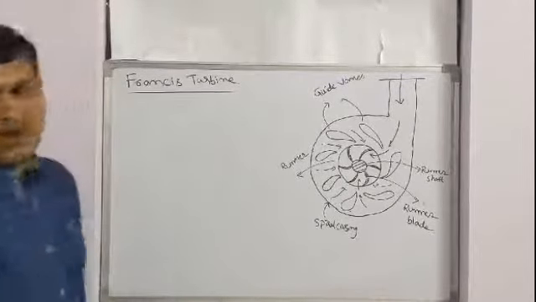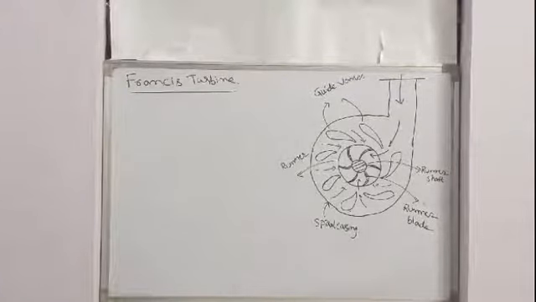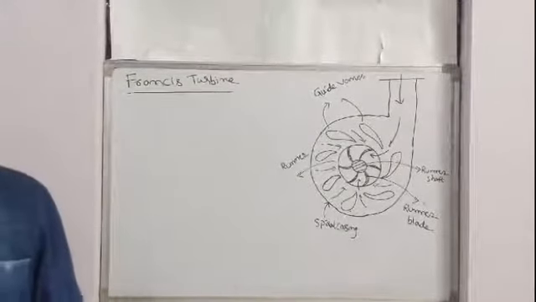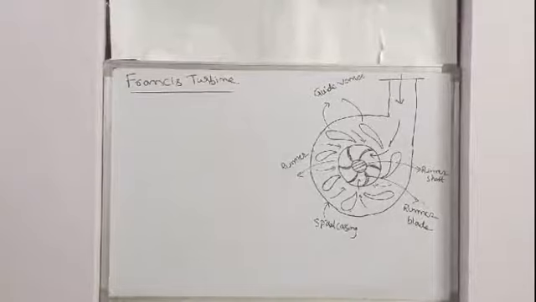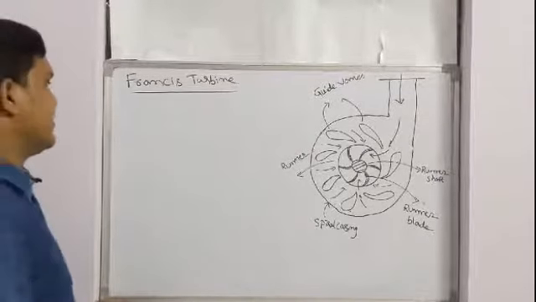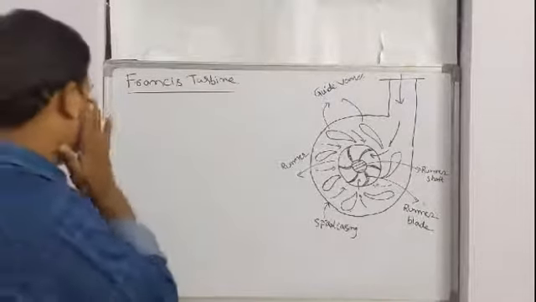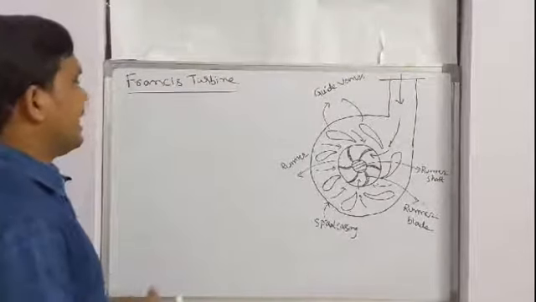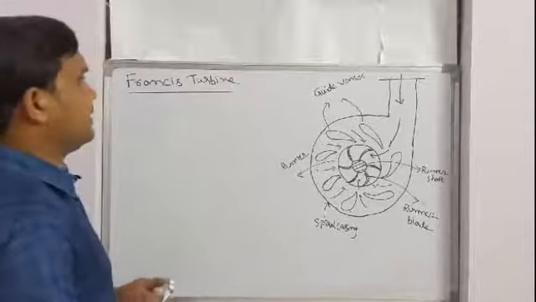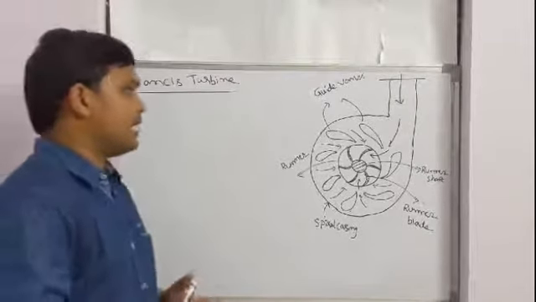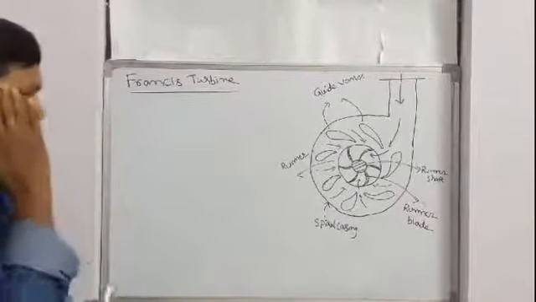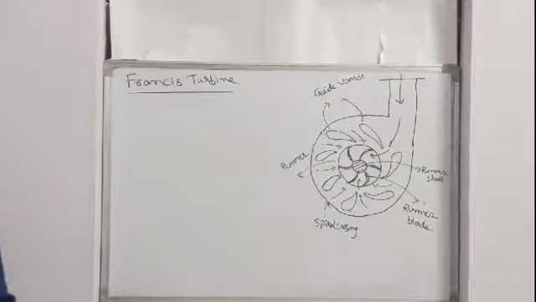So coming to the Francis turbine, it is an inward flow reaction turbine, designed by an American scientist, James B. Francis. In earlier stages, the Francis turbine was a purely radial flow turbine, but nowadays it is both radial as well as axial flow. That's why it is called mixed flow, meaning the water enters the runner radially and leaves the runner axially. So the modern Francis turbine is a mixed flow turbine.